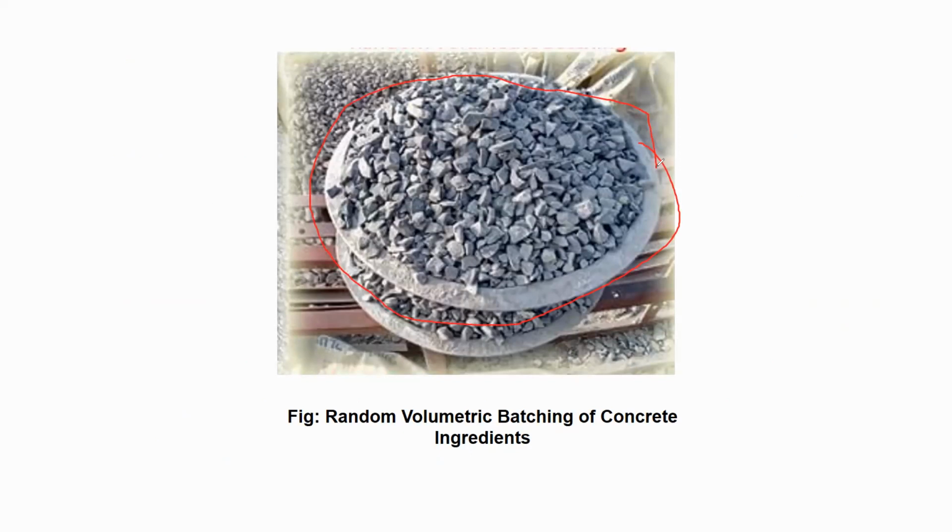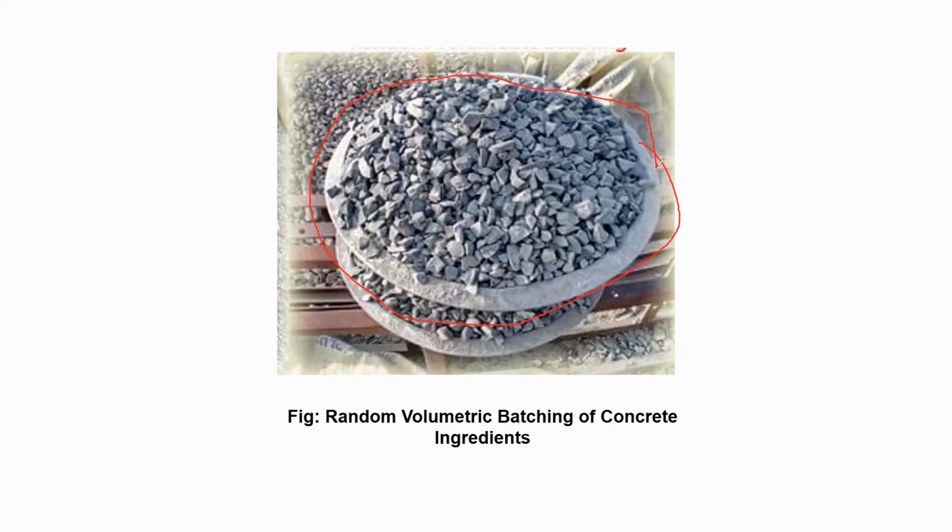So for the first batch of concrete, you will get one particular quality of concrete. But when you are doing the second batch, you will not get the same quality of concrete, because you cannot control the quantity of ingredients properly. A person the first time can take a full gamel, the second time he can take some less amount, unwantedly. He doesn't want to take less, but sometimes the quantity may come less, and also you cannot maintain the shape of the aggregate.